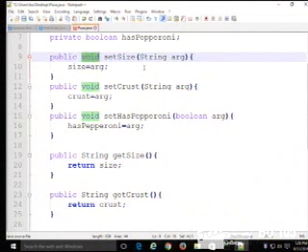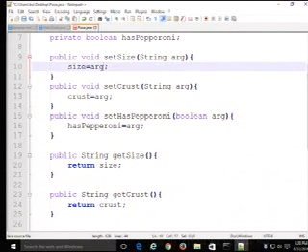Void is the return value. In other words, there is no return value. That's what void means. This function runs and it doesn't give anything back to whoever called it. setSize is the name of the method, and it accepts a single argument, which is a string. We simply take that argument, whatever got passed in, and plug it into the size attribute. So that's how we set the size of a pizza. We don't access the attribute directly. We call the set method.